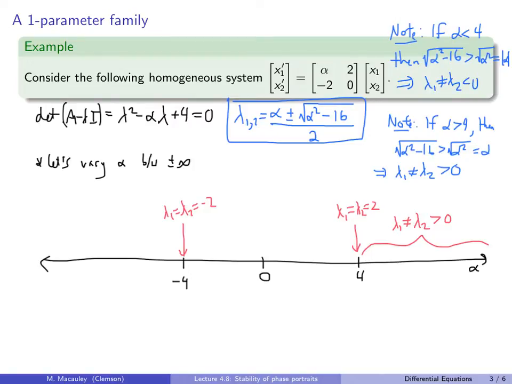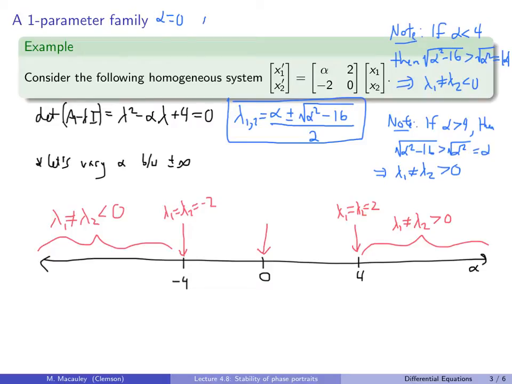So let's write that over here. In this range, we have lambda 1 and lambda 2 are distinct negative roots. Okay, so now we've got to fill in the middle. Let's do 0 first. What happens when we're at 0? When alpha is 0, let's write this up here, if alpha equals 0,